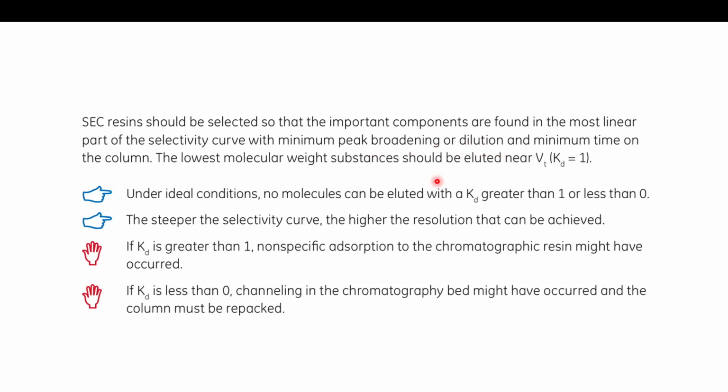The more broadening there is, in case of ion exchange or SEC, that means in one fraction